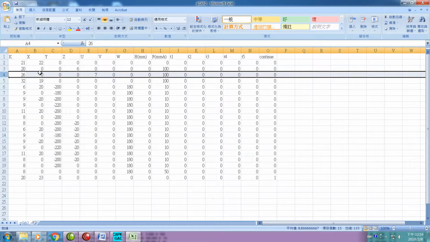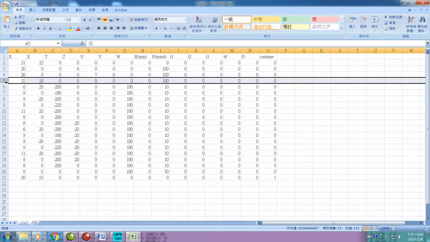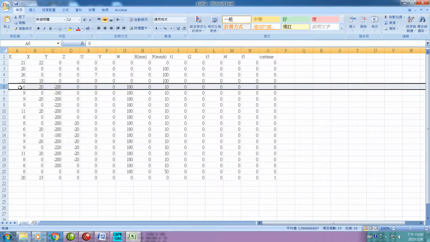So this K26 is to move object 7, that means the window, to the 0, 0 position, the upper position. After the window is in the upper position and the response input 19 becomes 1, then it starts to use K6